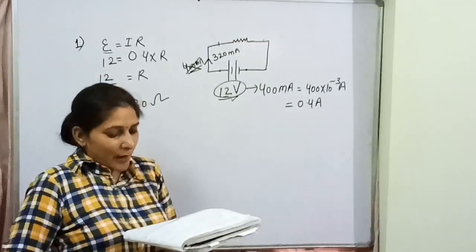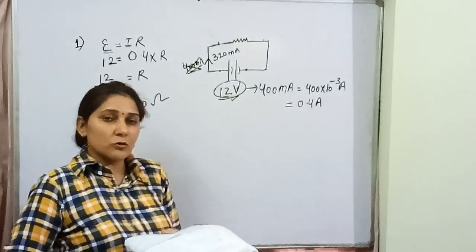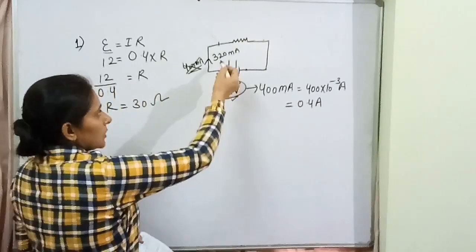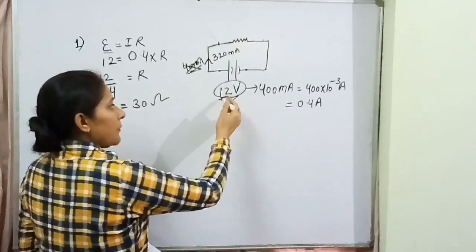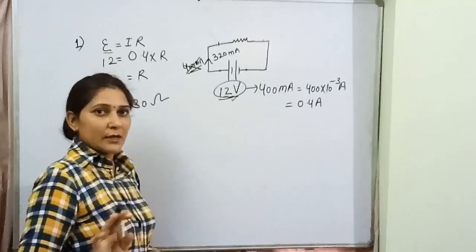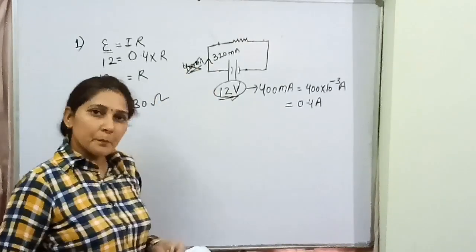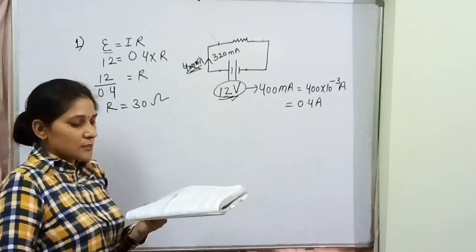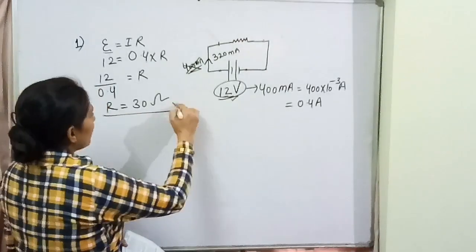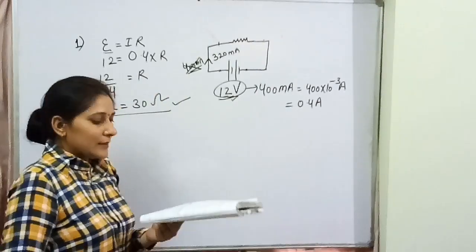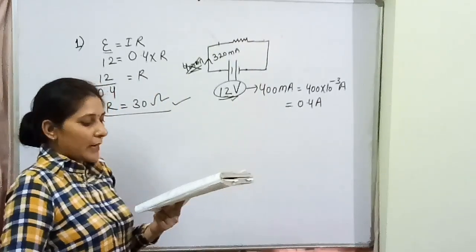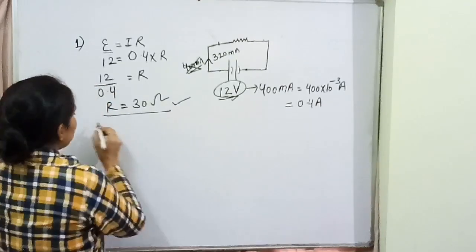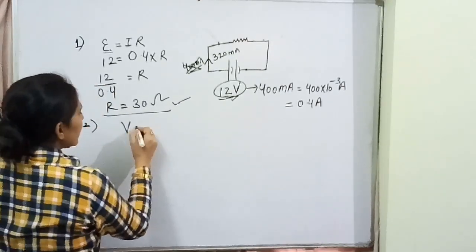Okay, and the appliance does not operate. और उसके बाद अप्लायंस काम करना बंद कर देता है. जब करंट का वैल्यू 320 पहुंचता है उसके बाद मतलब ये बैटरी अब और पोटेंशियल डिफरेंस प्रोवाइड नहीं कर सकती, इसने काम करना बंद कर दिया. Okay, now what they are asking is you need to find the resistance of appliance. पहला उन्होंने बोला ये फाइंड आउट करो, वो तो हम पहले ही कर चुके हैं. Then the next one is the terminal voltage of the battery when the appliance stops operating. उन्होंने बोला टर्मिनल वोल्टेज ऑफ द बैटरी. सेकंड पार्ट, टर्मिनल वोल्टेज कैसे निकालते हैं?